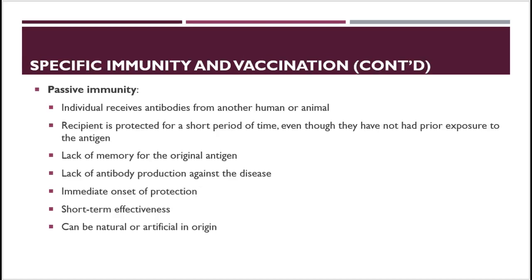Passive immunity involves the receiving of antibodies from another human or an animal. The recipient is usually protected for a short period of time, even though they've never been exposed to the actual antigen. Passive immunity does not produce memory, so there will not be memory B and T cells produced from this type of immunity, which is why it is temporary. It also does not produce antibodies against the disease, but it does result in immediate protection